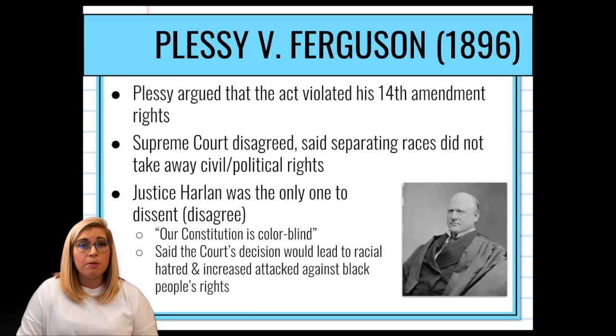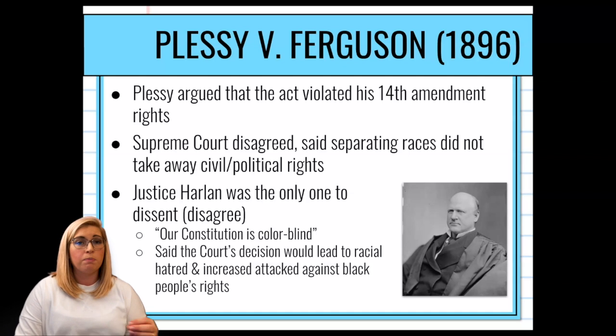So this sets up the precedent for separate but equal. This clause comes out: separate but equal. You would have separate facilities for blacks and whites so long as they were equal. People go throughout history into the 1900s with separate facilities, separate water fountains, separate buses, separate places to sit in a movie theater,